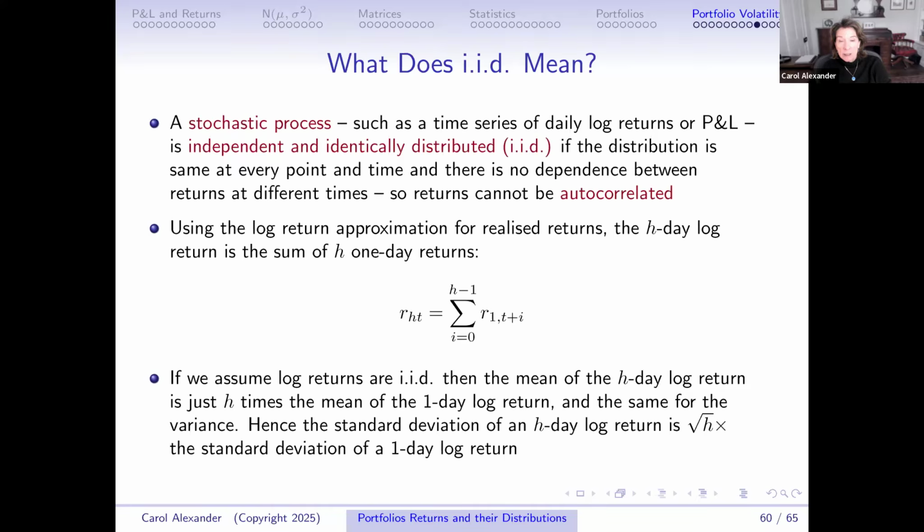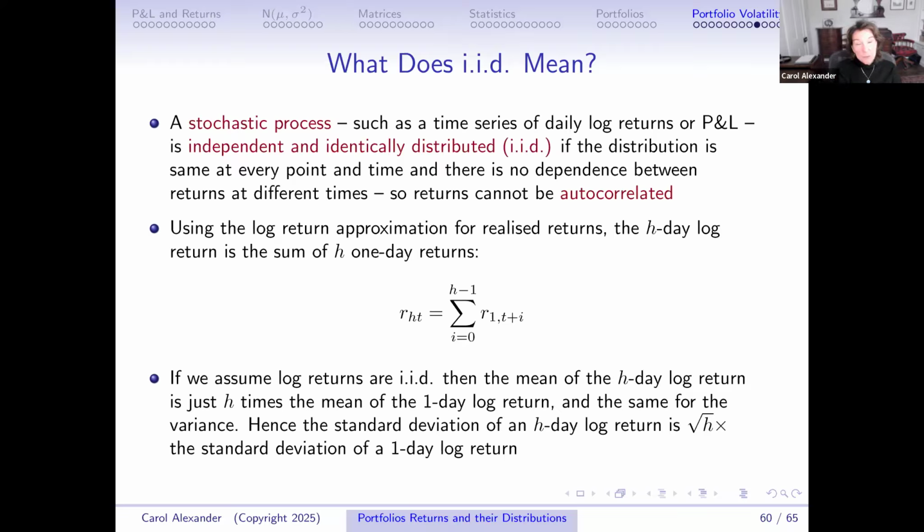All right, so underneath all this, first of all, we have to remind ourselves of what it means for a stochastic process to be independent and identically distributed, in other words, IID. So you can think of a stochastic process whose realization would be a time series of returns, which looks a little bit like a hairy caterpillar. It goes up and down. Sometimes there's volatile periods, sometimes it's very tranquil. But each one of those observed returns is actually a realization of a random variable